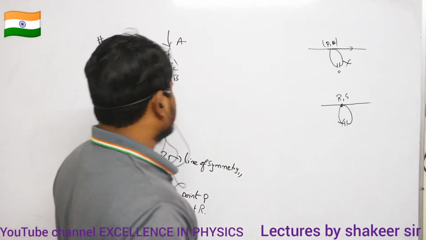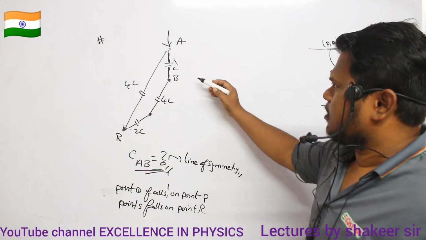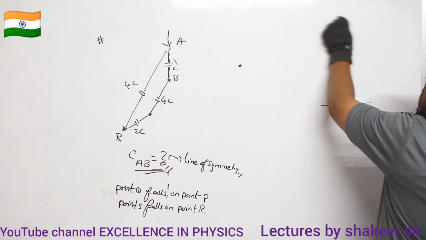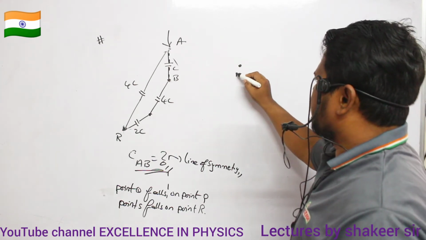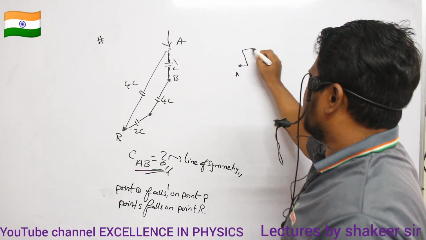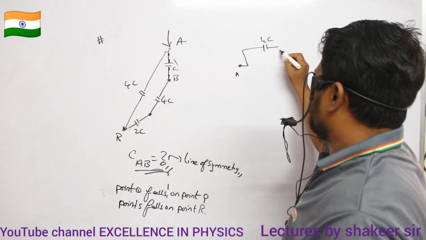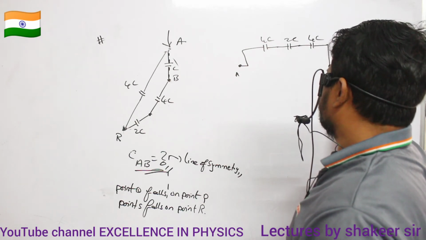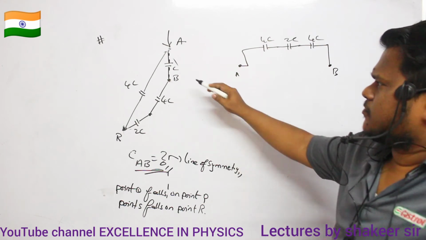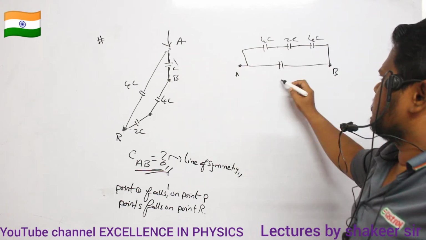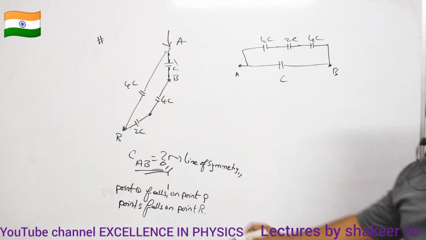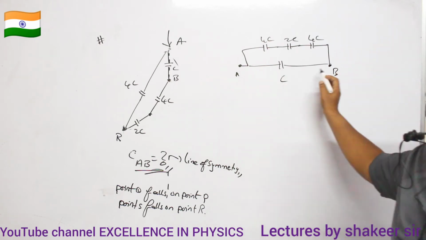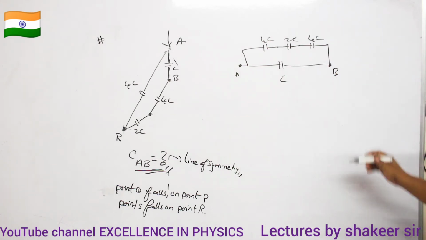Now I will redraw this circuit. Clear? If I redraw this circuit, then in reaching from point A to point B, I have two branches. So from point A, first of all, I will travel like this. So this is 4C. Next, this is 2C. Next, this is again 4C. Then I will reach point B. Next, in reaching from A to B also, directly there is one capacitor. So this is C. So this is the given arrangement, no? So from A, 4C, 2C, 4C, I will reach point B. And from A to B also, directly I am reaching with the help of a capacitor called C. So this is my arrangement.